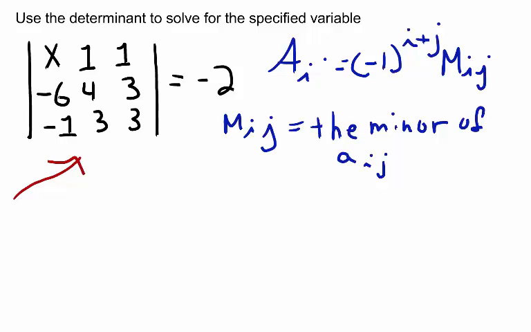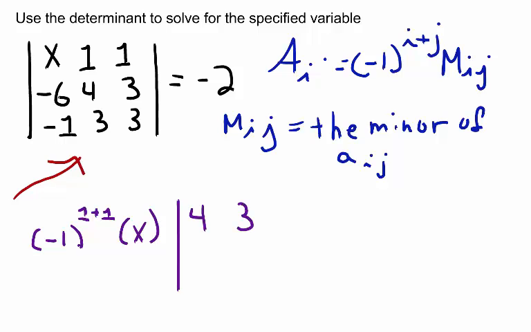Here, since we wish to solve for x, we'll expand across row 1. So we'll take -1 raised to the power of 1 plus 1, which is the position of x in our matrix, times x, times the minor, which we find by taking an imaginary line to block out row 1 and column 1, and write the remaining values as a 2 by 2 determinant,